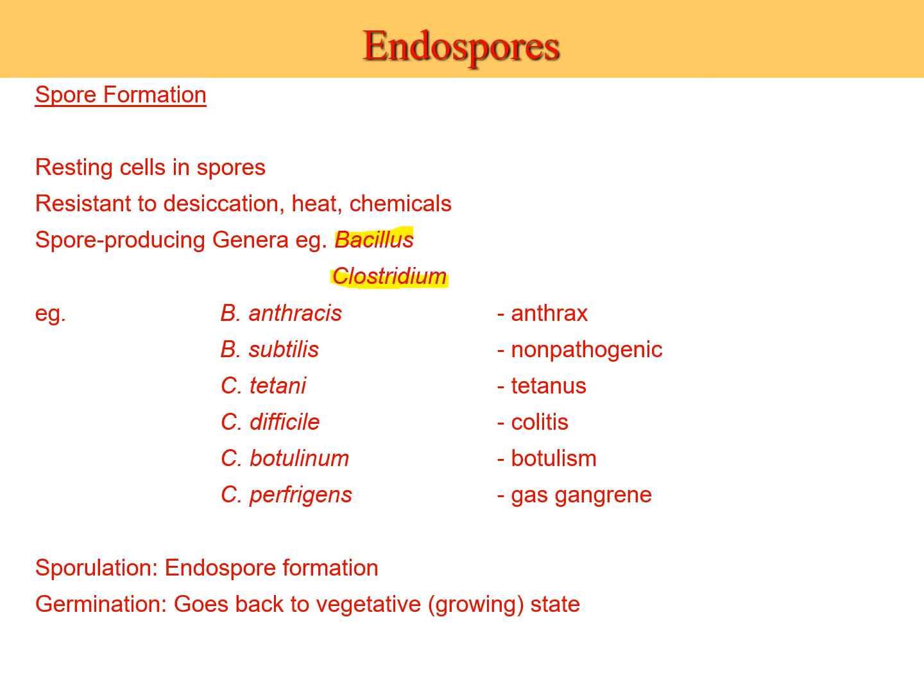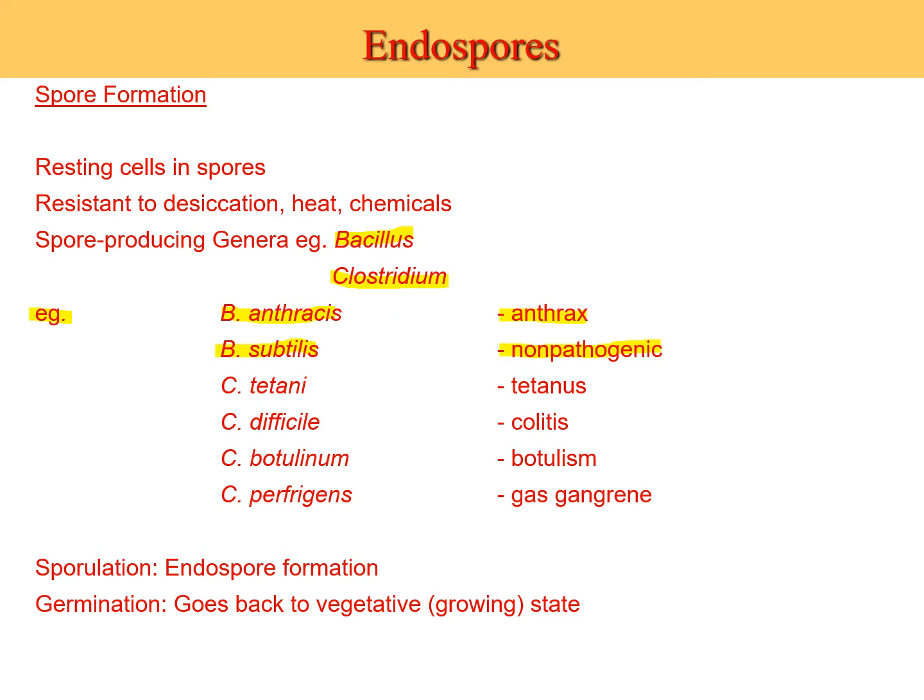And what I've listed down below here as examples are species of Bacillus and species of Clostridium, most except for one, that cause diseases, and all of these can form spores. So Bacillus anthracis can cause the disease anthrax. Bacillus subtilis cannot cause any disease. It's non-pathogenic, and that's the one we typically use in the lab when we're looking at spore formation or staining